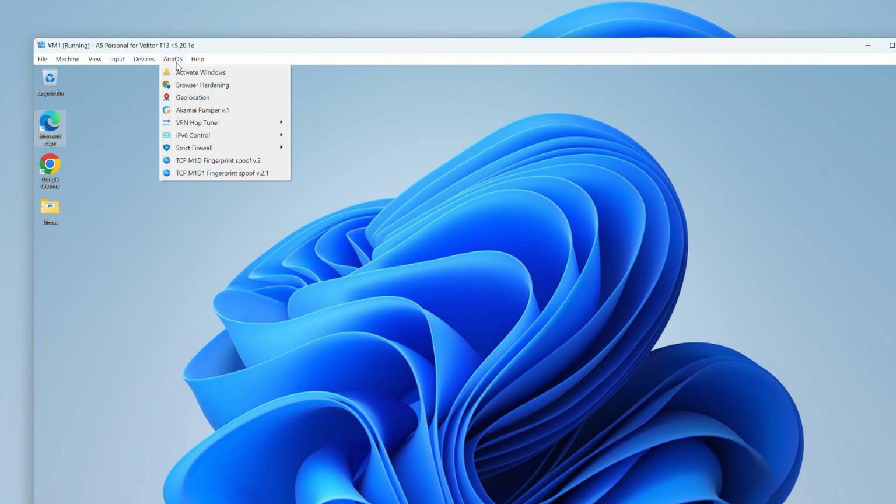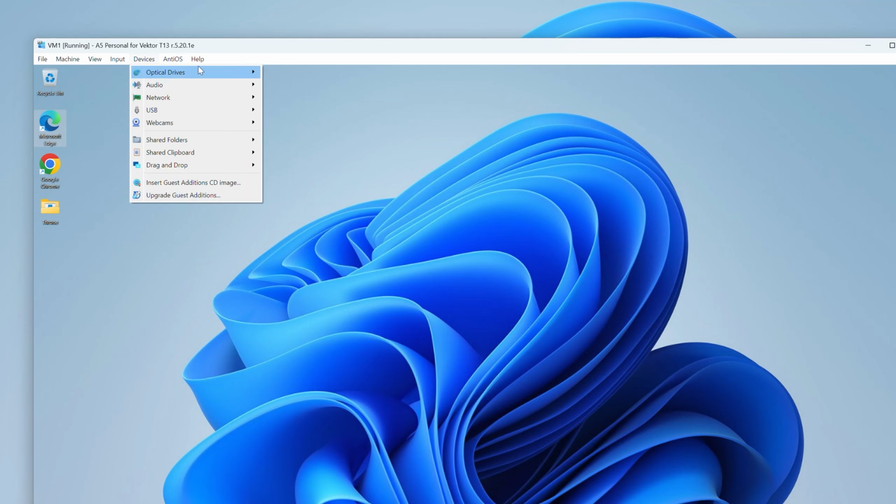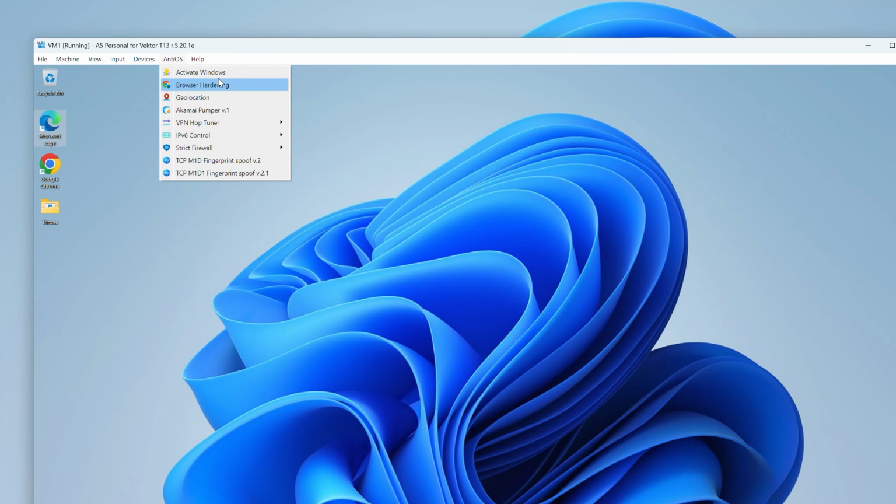Anti-OS tab. The Anti-OS tab has been present for a long time, but it appeared with new functionality relatively recently. What are its advantages? Let's break it down point by point. The first point is activating the operating system. Here I think everything is clear to you from the name itself. The second point is browser hardening. The browser hardening item allows you to make specific privacy settings in the Chrome browser. If you click on browser hardening, Chrome browser will close and its local files will be manipulated, which you can then see in the Chrome Flags tab.